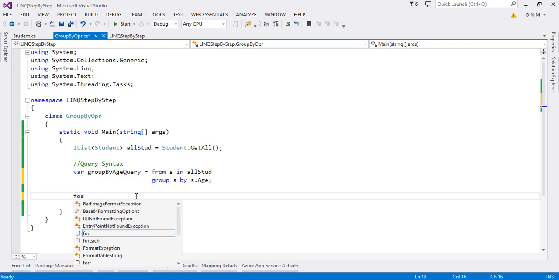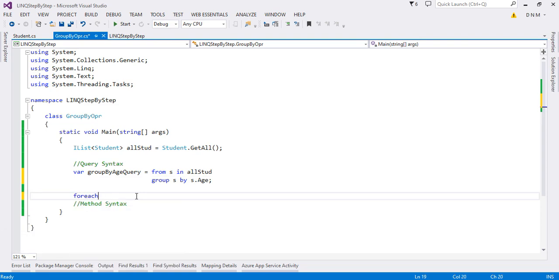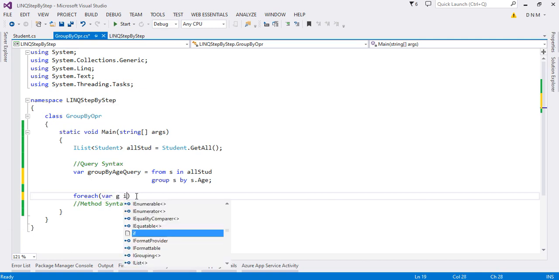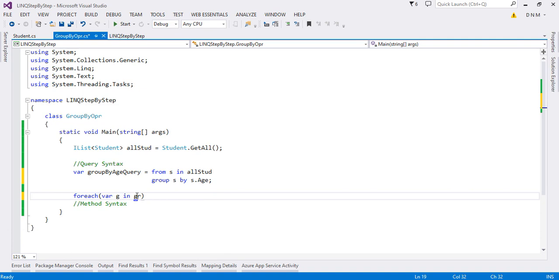So for each, again I am going to use var g in groupByAgeQuery. As you can see here, look at what the data type of groupByAgeQuery is.